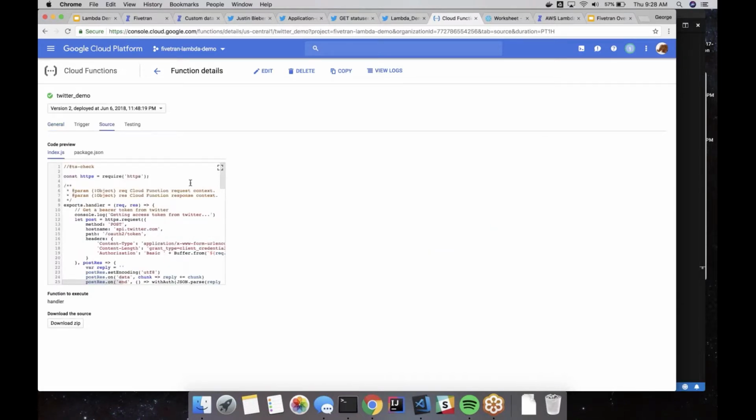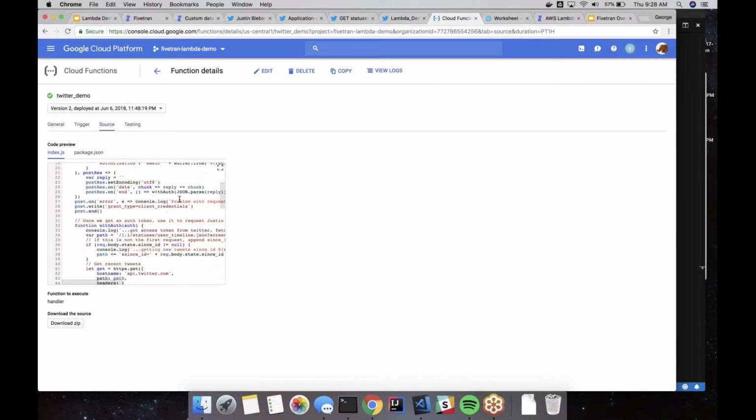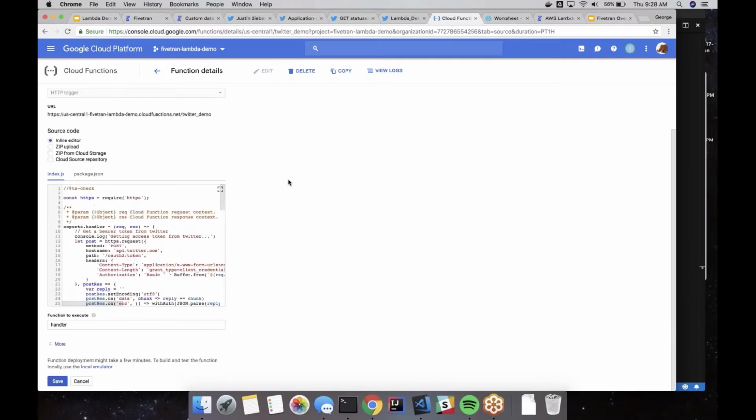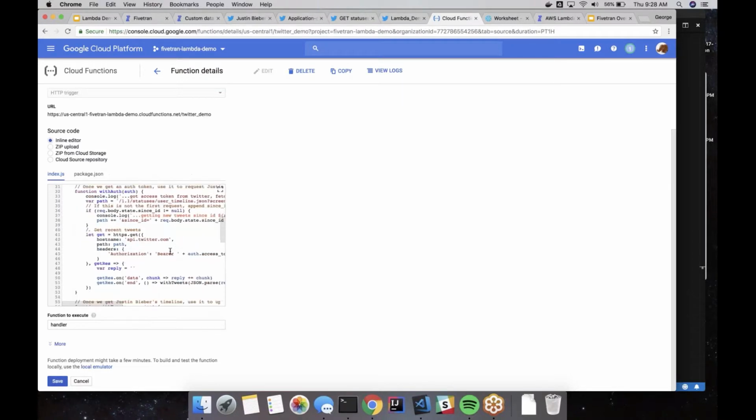This is where the source of it lives. Deploying these things is really simple. You just push this edit button and you get a little window here, and you can copy paste your code